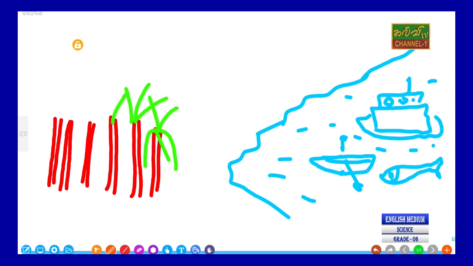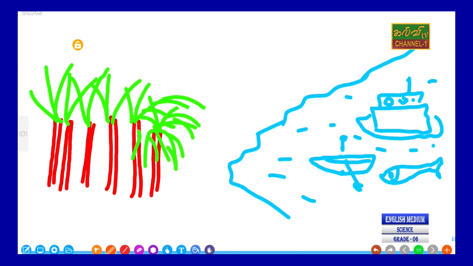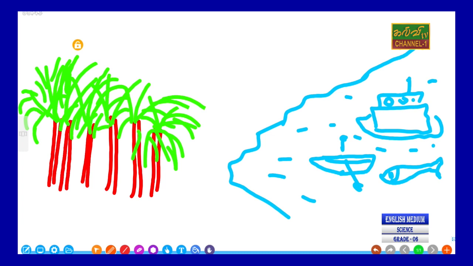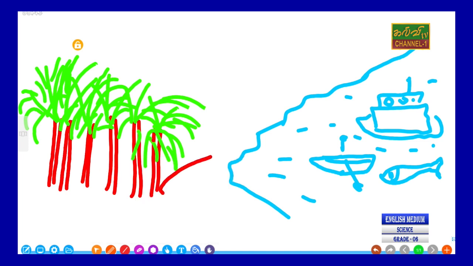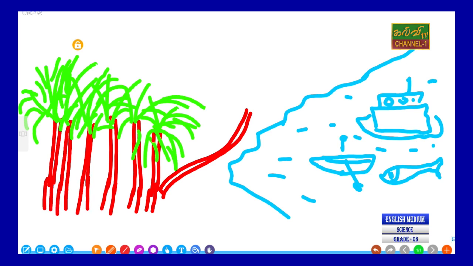Coconut trees are here, very close trees are here. No adequate light for them. Anyway, here you can find so many coconut trees. But we have seen some coconut trees growing, they move like this. They come towards the seaside. Especially close to the sea, they show this kind of movement.